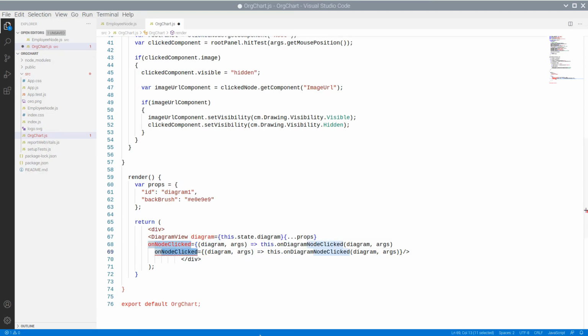We add an event handler for this event, which again takes two parameters, the sender and the arguments.